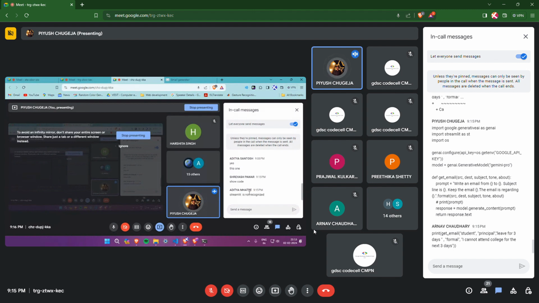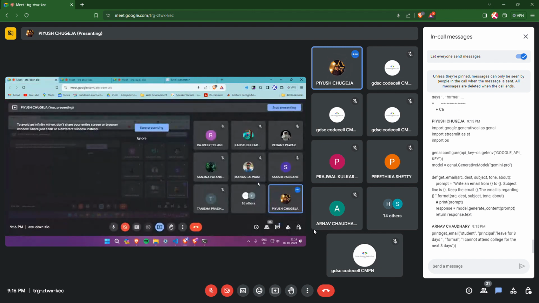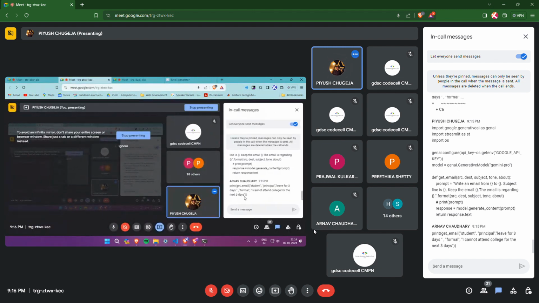Streamlit is not recognized. Aditya, are you sure you installed Streamlit properly? Like pip install streamlit like this. If not, do this again. If the problem still persists, try it like this. py -m pip install streamlit. If this doesn't work either, then you may have a problem with the command prompt or Python. Try restarting your computer. Yeah, Arnav, not